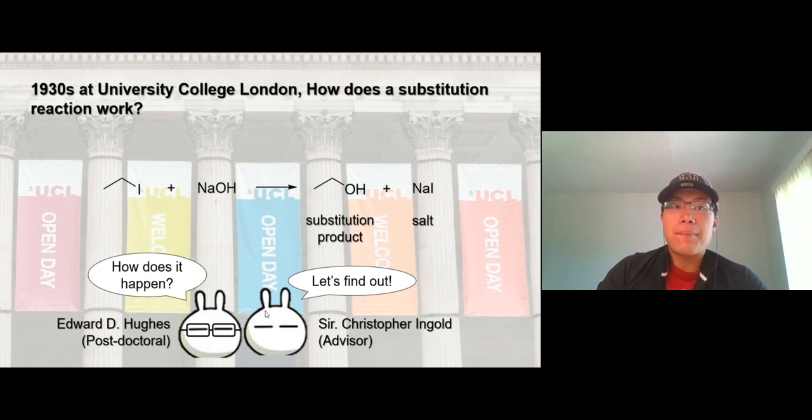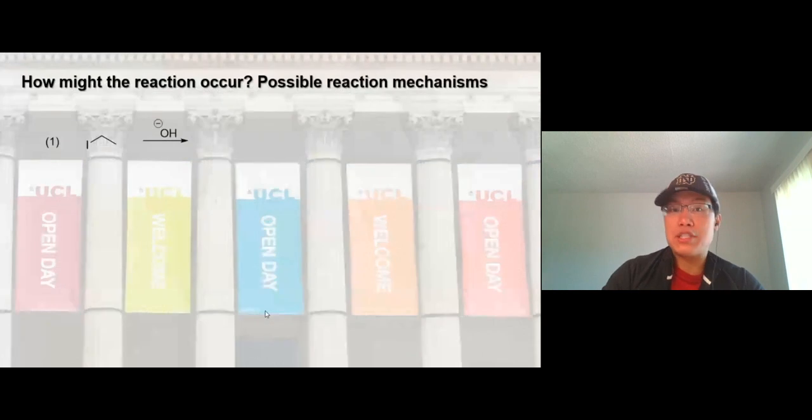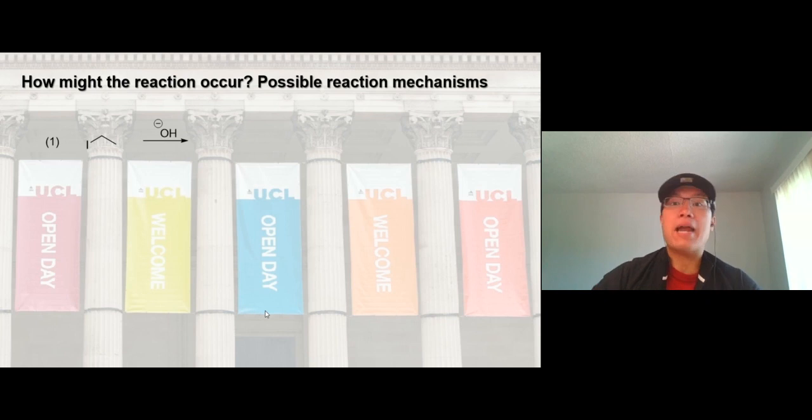All right. But at the same time, in the 1930s, not only these two studied the substitution reaction. There were a lot of scientists, and it was like a race to see who could discover and explain how it works first. They could publish it, and you get fame, and you get money, the grants and funding. Okay. So these are other mechanisms that they proposed, and let's see if they make sense to you. One possibility for how the substitution reaction works: